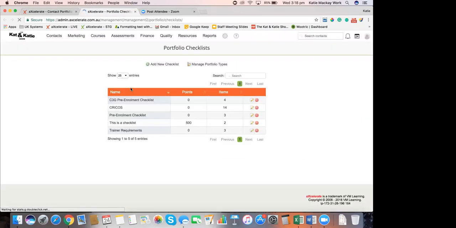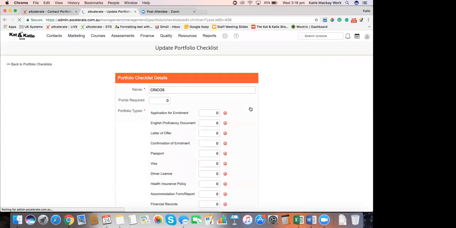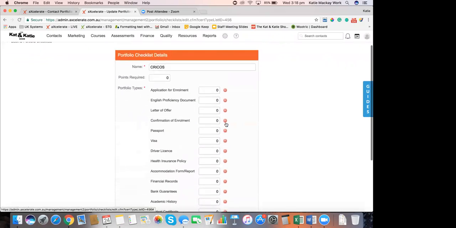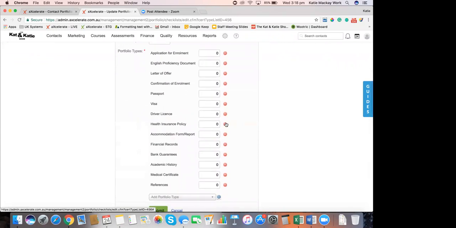So if we jump in here, we can see that there's 14 items that are currently allocated to that checklist. If we go to Update the Cricos checklist, we can simply at this point just delete any items that we don't actually want showing in this particular checklist. Now, if you have previously uploaded items against students, say you've uploaded someone's visa against this checklist,